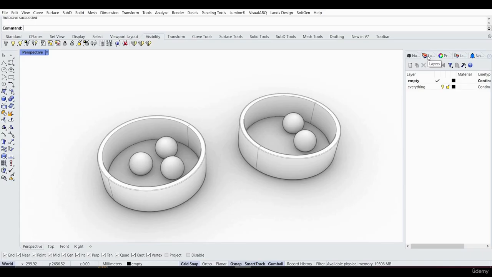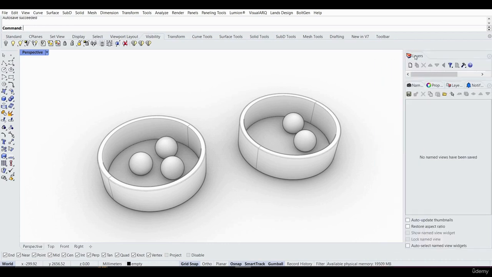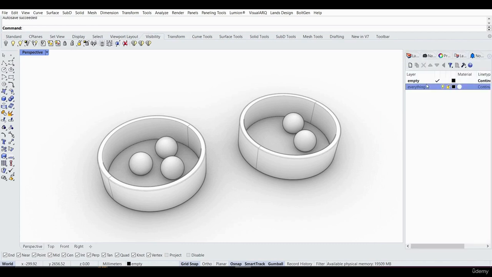Welcome back. In this lecture, I will tell you the good practice of managing your layering system. The layers panel is here. You can float it outside if you want to, but the default position is what is recommended. The layers panel, among all the panels here like properties and so on, is very important in all projects you are doing